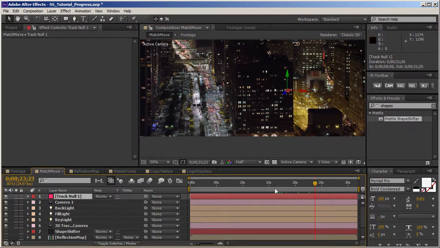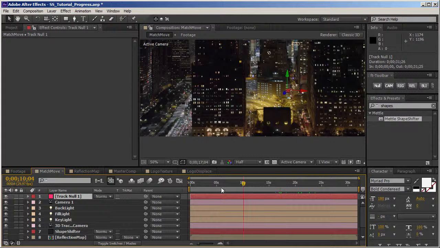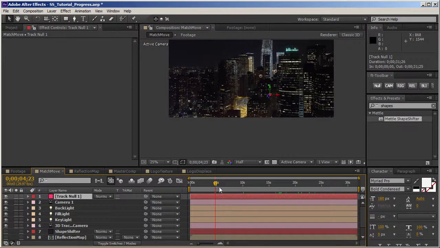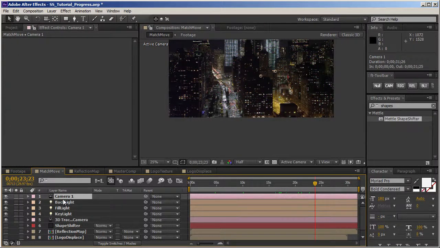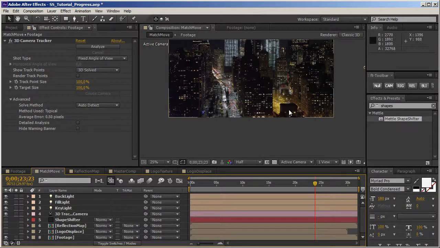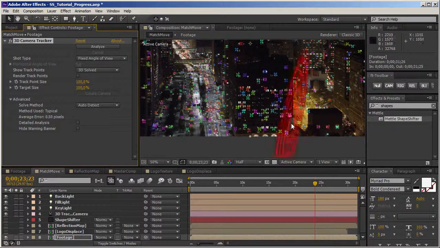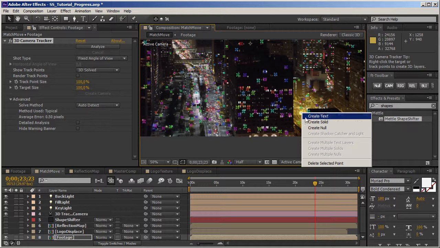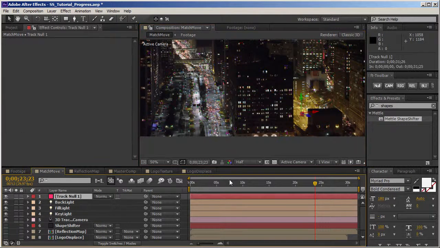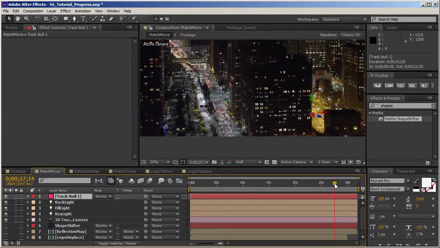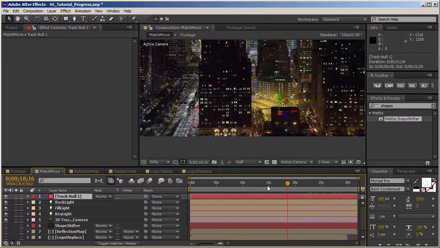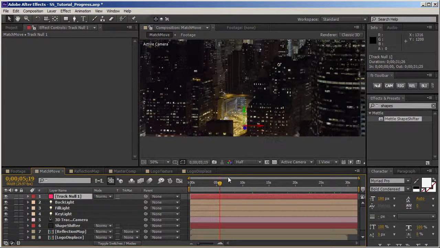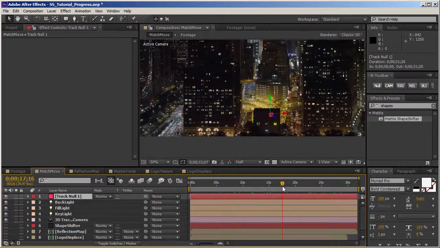So that is a 3D layer, and it should be positioned exactly where we want it, but it's not. Why is that? Let's just try it again. Maybe I messed up. Oh, of course, I'm sorry. We still have the additional camera that we don't need, so let's delete it. That is confusing sometimes, as you saw. So let's just click here, right-click, create null object, and the layer is exactly where we want it. I just love it when it happens correctly when I'm recording tutorials, because I don't make a fool out of myself. Okay, so this seems like it's actually there on the street,